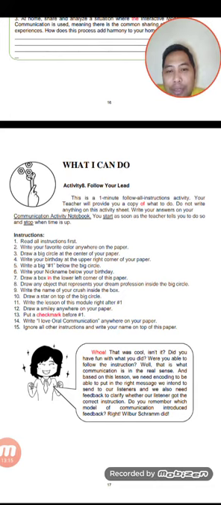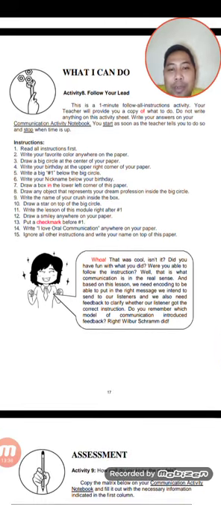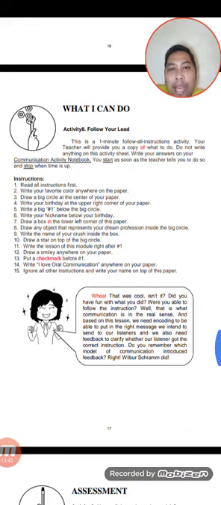Write the lesson of this module. Write number 1. Draw a smiley anywhere on the paper. Put a check mark before number 1. Write the love oral communication anywhere on the paper. Ignore all the other instructions and write your name on the top of this paper. I want you to read the instructions, huh? Alright. So, that was cool, isn't it? Did you have fun with what you did? So we will see how activity 8